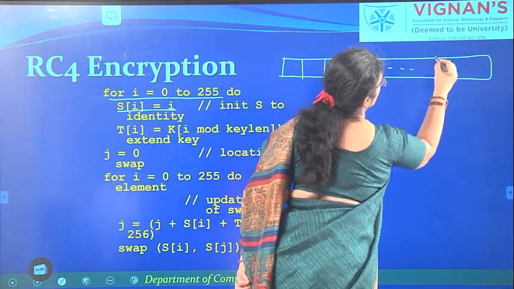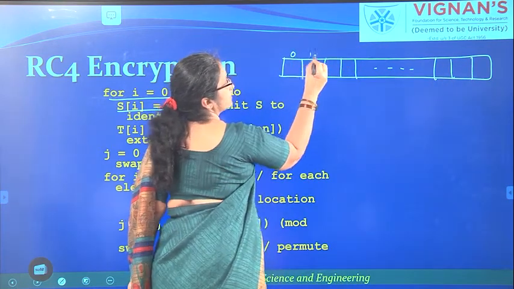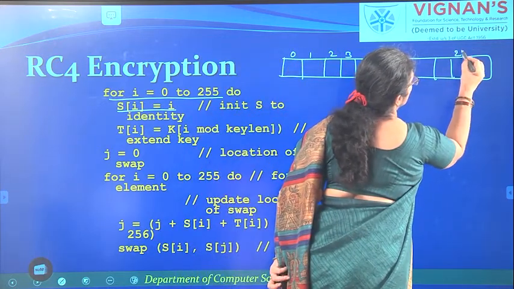and so on, and its subscript values range from 0 to 255.